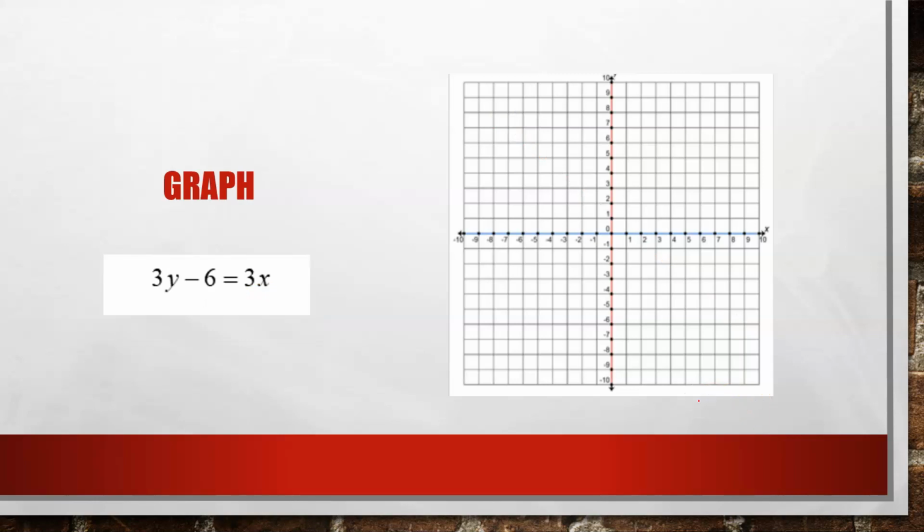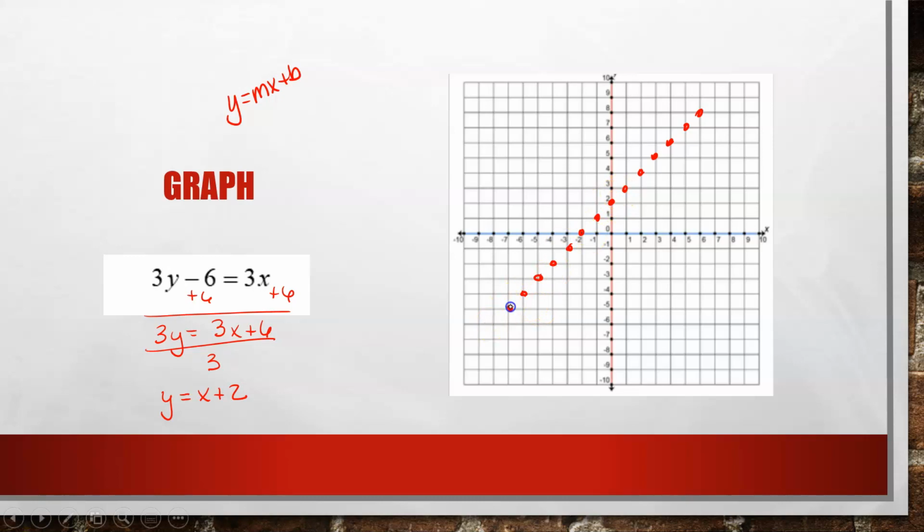Okay, this last one is pretty important. It has to be in this format in order to graph. So we've got to move this around. So I'm going to add 6. So 3y equals 3x plus 6. Now I'm going to divide by 3. y equals x plus 2. Now you can go ahead and graph. So my starting point is 2 and my slope